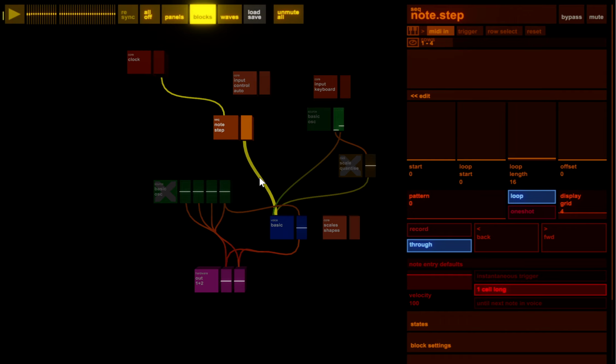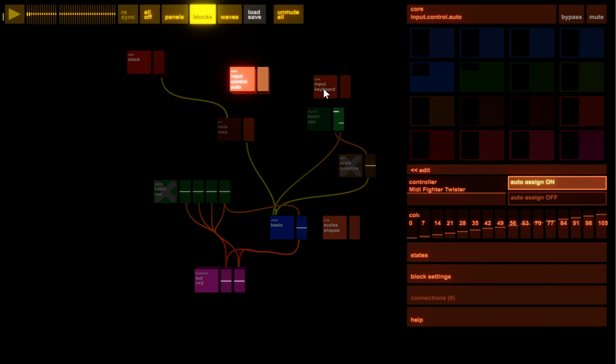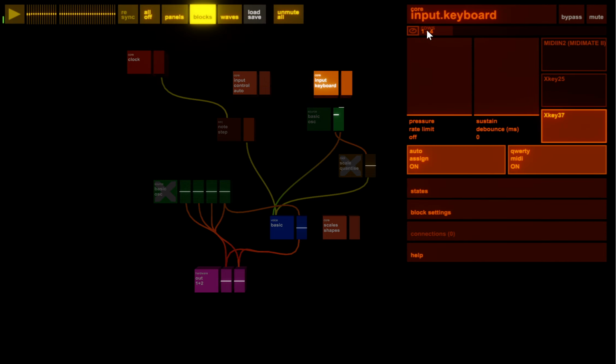Okay. So up here, you can see when auto assign is turned on for the keyboard, or auto assign is turned on for the MIDI controller, then it will auto assign. It works really well with the MIDI Fighter Twister because that's encoders with LEDs for value and RGB LEDs to help you see what things are mapped to what.